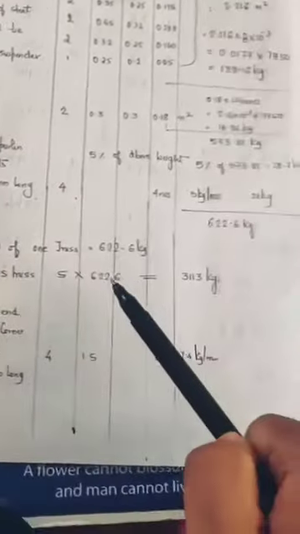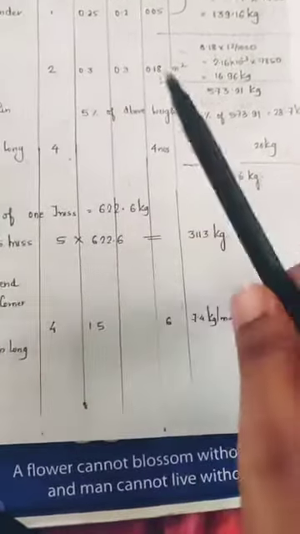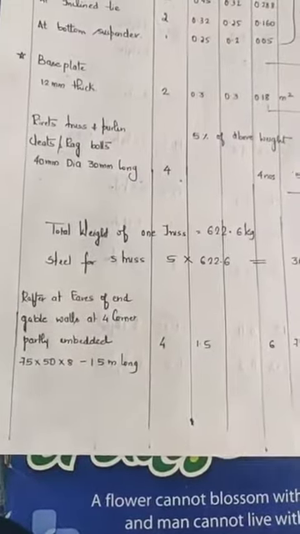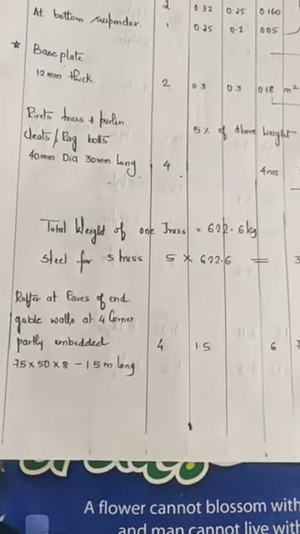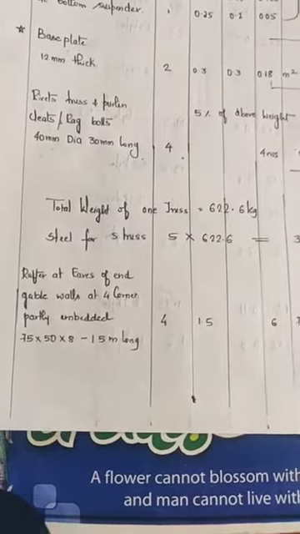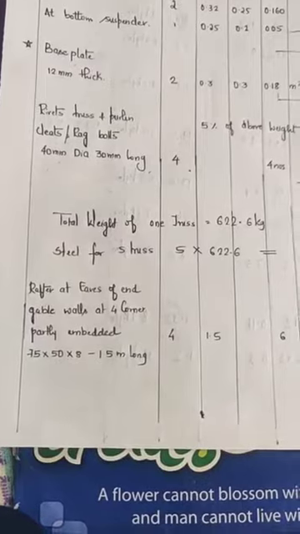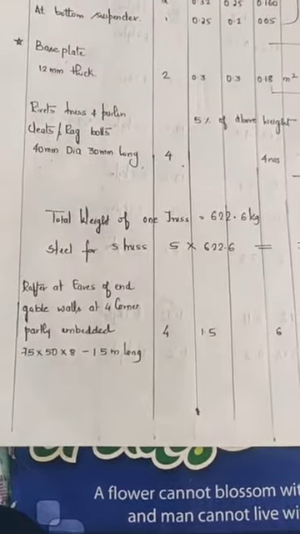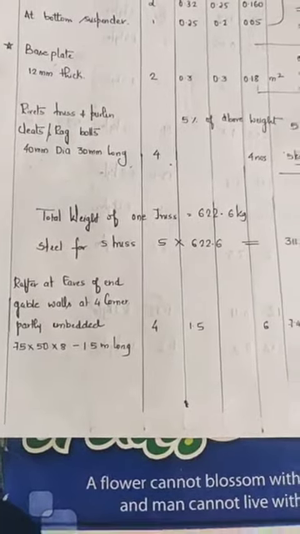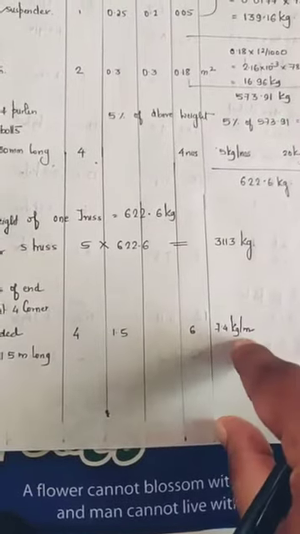I'll repeat, one truss. So multiply that with 5, you will get the total weight of 5 truss. So after calculating total weight of 5 truss, as I said, two gable end walls are of RCC or masonry. So to make it monolithic, we require a principal rafter which supports the sheet. So we embed 1.5 meter long rafter into the RCC or masonry. So there are 4 numbers. Length is taken as 1.5. So total length is 6. Multiply that with unit weight.